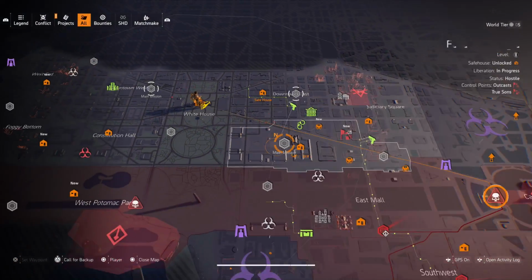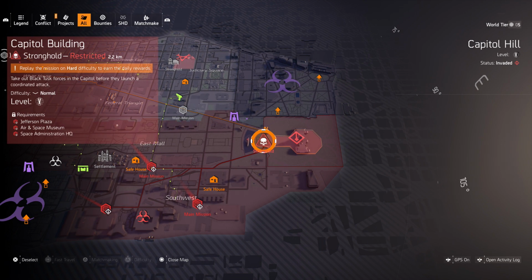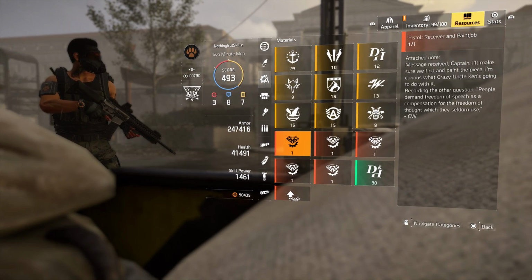So the first piece that you get to start this whole quest for the Liberty, you get it from Capitol Building, but not when it's an invaded mission. So what you need to do is, if you haven't completed these, you complete them, and then there's a way you can toggle from invaded to non-invaded, and then that's what you want. You want it to be regular, and then that way you can get the first piece. But you guys probably already have it. It's the trigger, and you can go to your resources tab on your character and you should be able to